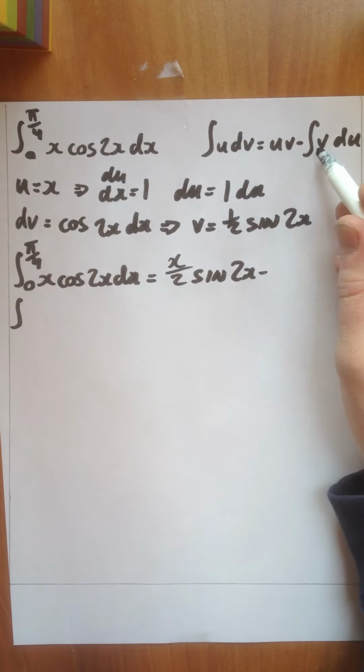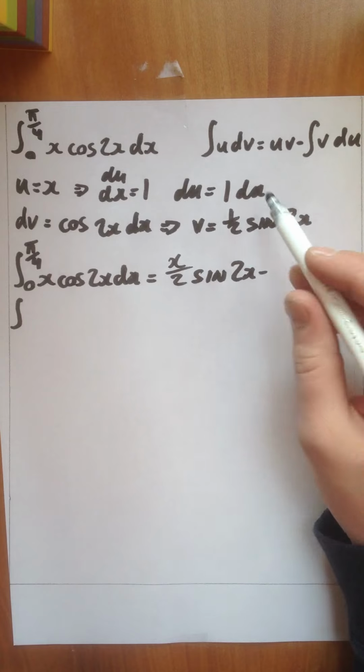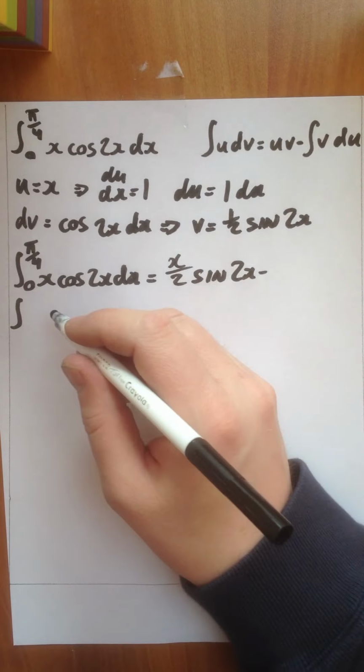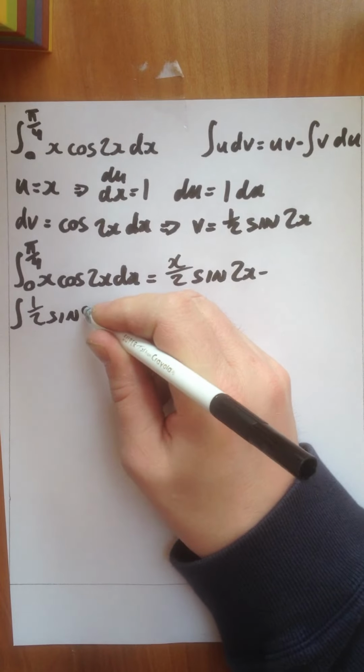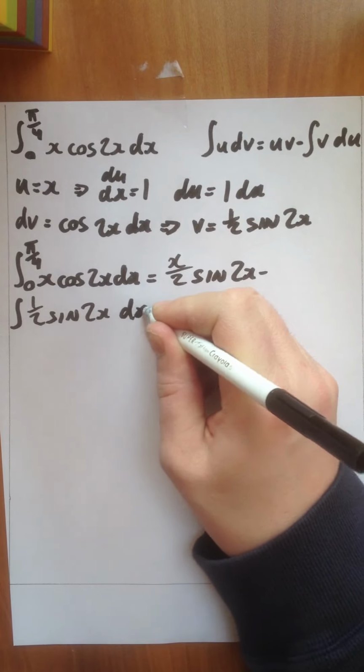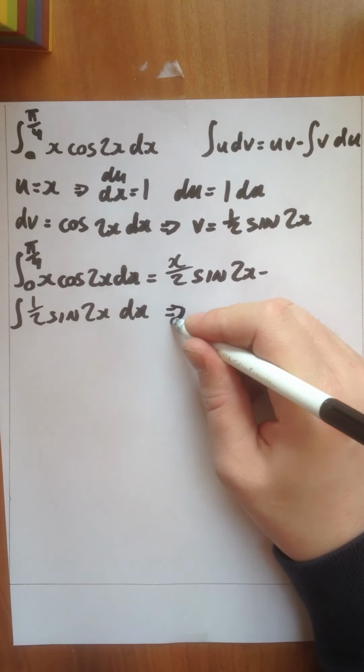We'll go to the next line and put in our integral, and we're going to get v and du. So for v we have 1/2 sine 2x, and for du we have 1. So that then becomes 1/2 sine 2x dx. We don't forget to put the dx in. This will then go to